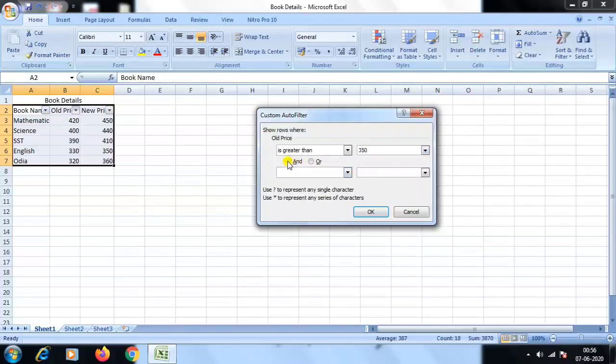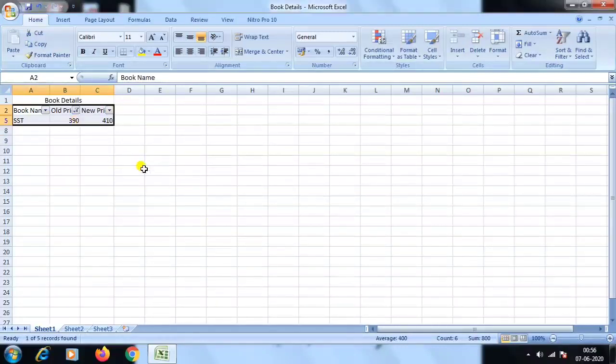After that you choose the AND operator, and here you select is less than 400. Then you click on the OK option. See, the numbers from 350 to 400 are there, and only those numbers will be displayed on your screen. That is called a custom filter or advanced filter.